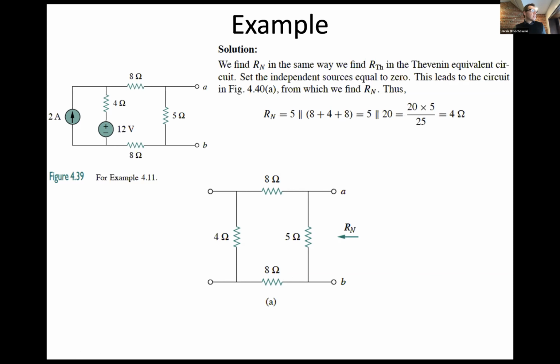Oh yeah, there are many multiples. Another way of doing it, if you want to do it sequentially, is that the 8 is in series with the 4, so you could replace those with a 12. So you could do 12 bar